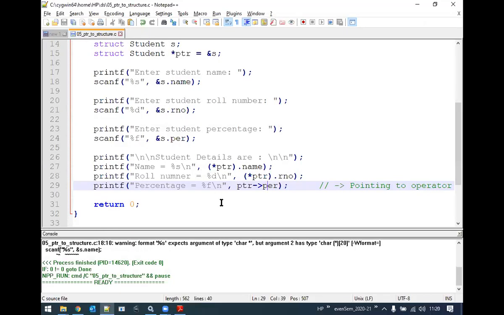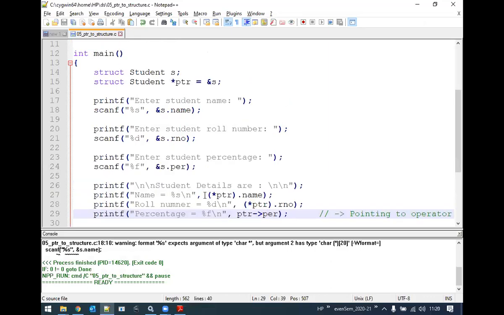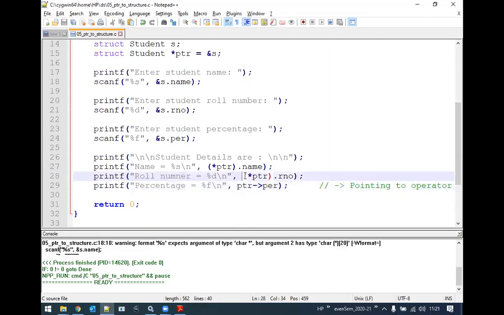So that means the pointers can be used to access the members of the structure in two different methods. The first method is using the star, that is asterisk operator, asterisk name of the pointer dot name of the member of the corresponding structure.